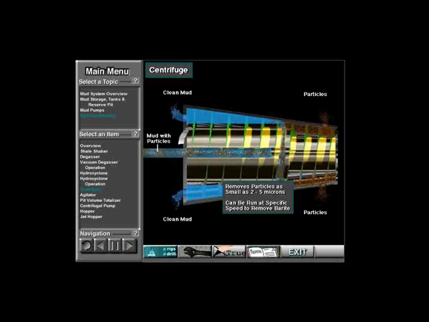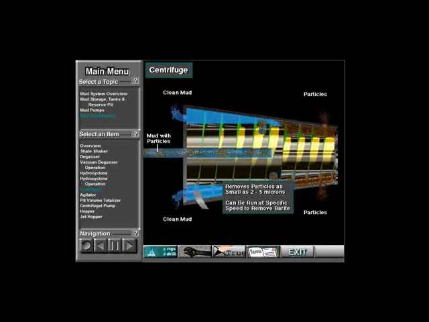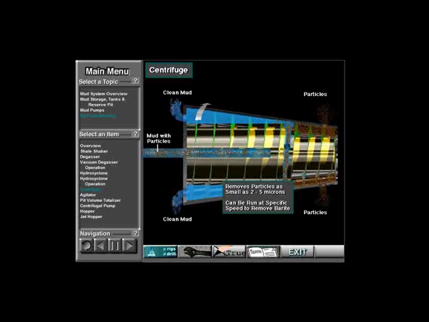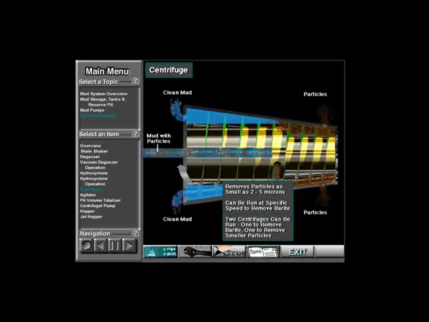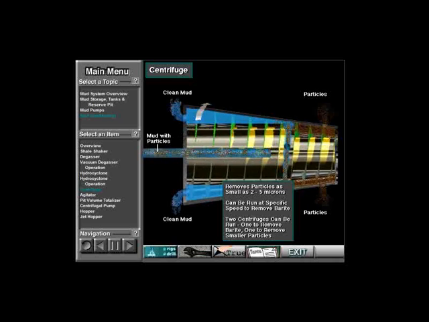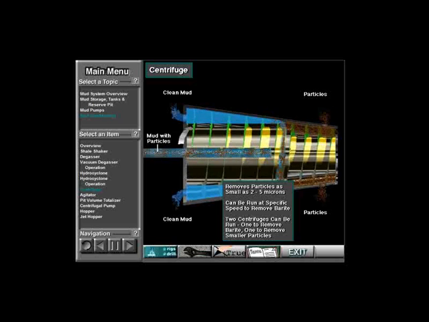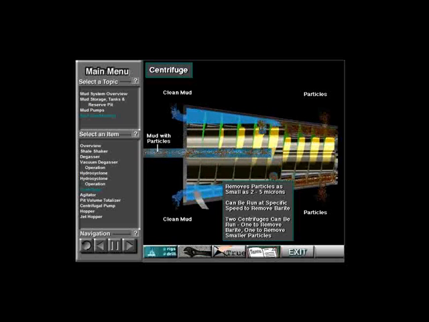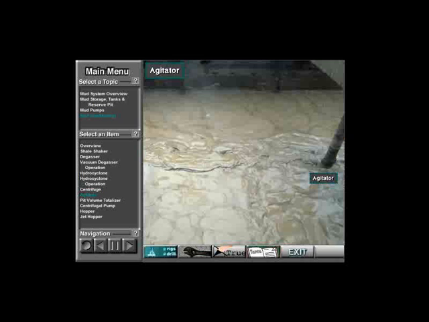Sometimes, crew members run a centrifuge at a specific speed to remove barite, so the rig can use it again on the next hole. Occasionally, the rig owner runs 2 centrifuges. The first removes the barite, and the second the finer particles. Crew members then re-add the barite to the mud system. Crew members mount agitators on